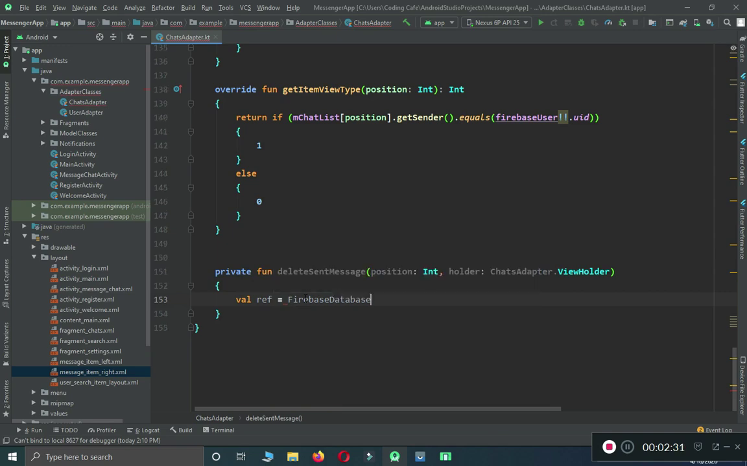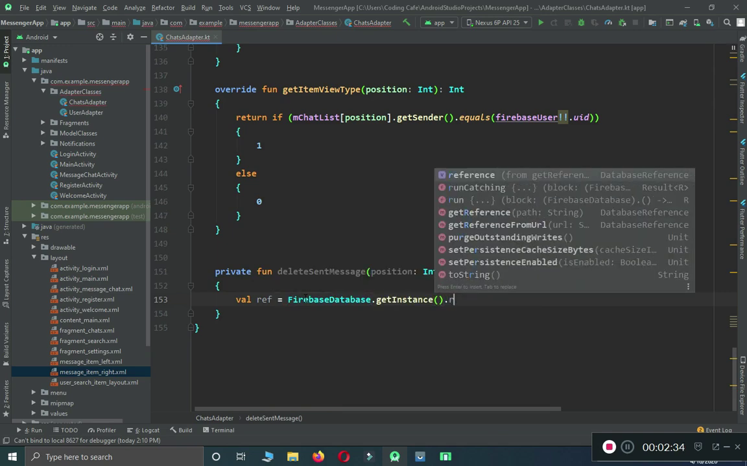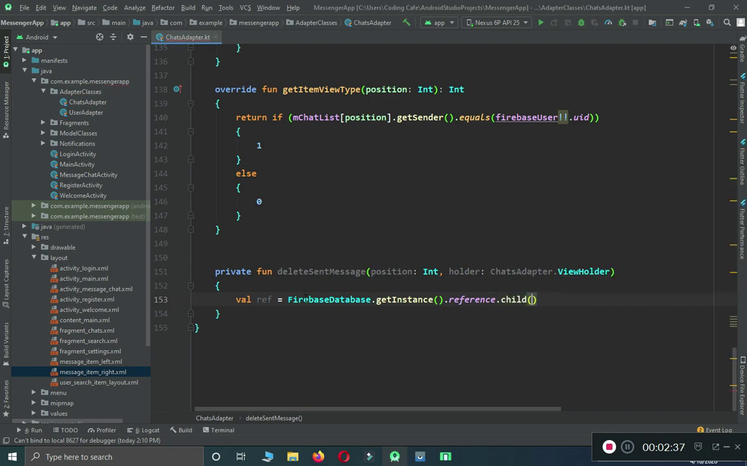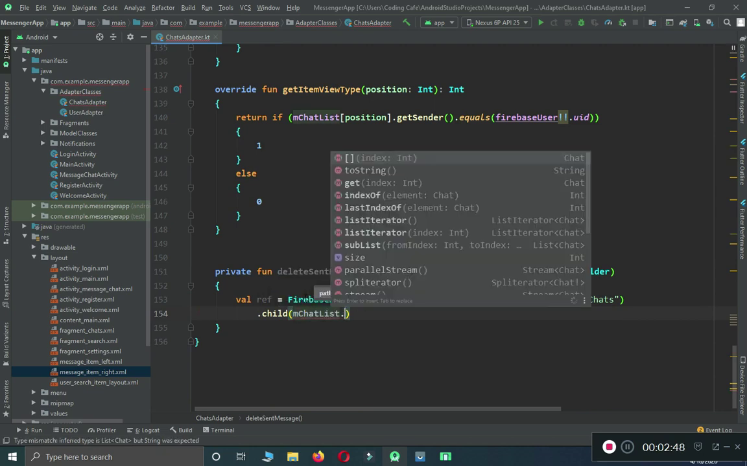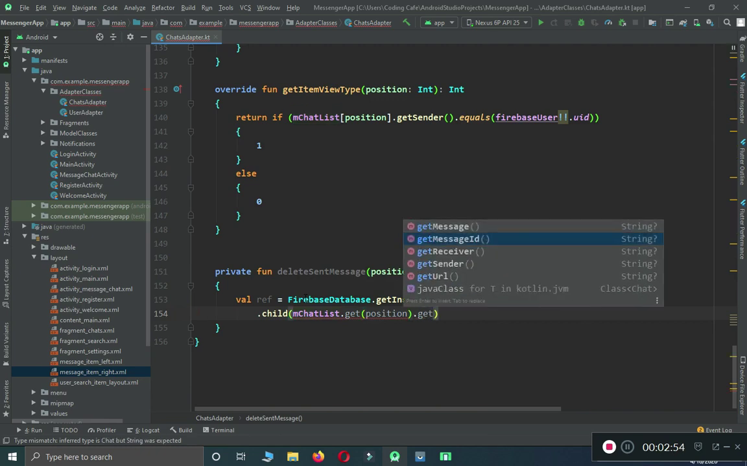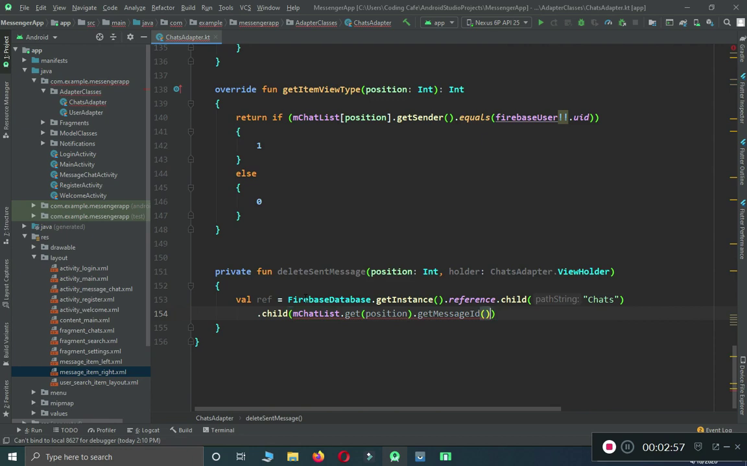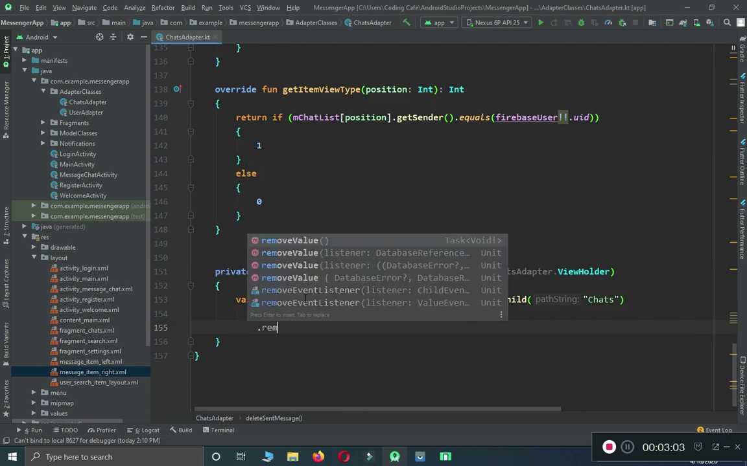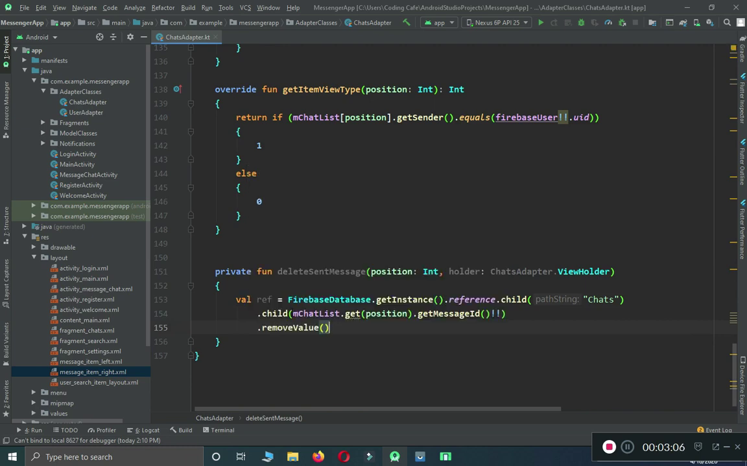Firebase database dot get instance dot reference dot child, and we have to make a reference to our chats node dot child mchat list dot get position dot get message id, and make sure to add the non-asserted call here dot remove value for that specific position, or you can say for that specific message which the user want to